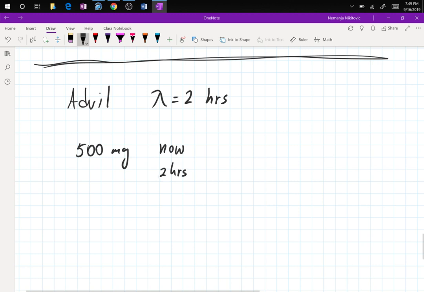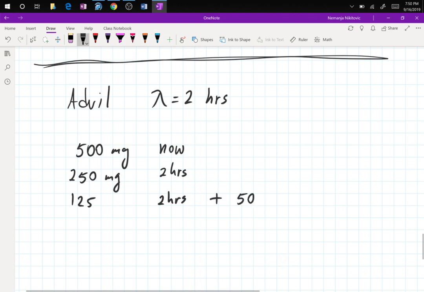How much is left in your bloodstream? 250, right? Because half-life cuts the original amount in half. What happens in the next 2 hours? It goes to 125. Well, isn't that 4 hours later? So what do